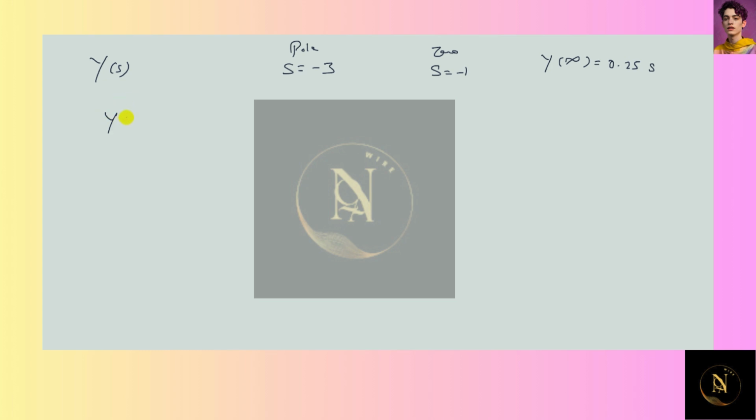So we know that Y(s) is simply K multiplied by (s plus 1) divided by (s plus 3). Y of infinity is the limit as s approaches infinity of K times (s plus 1) divided by (s plus 3). This can also be written as K times (1 plus 1 divided by s) divided by (1 plus 3 divided by s),